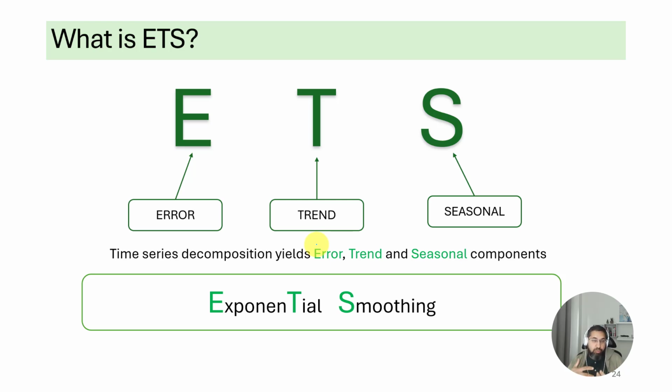ETS gives us some output that exponential smoothing cannot give us. Basically, exponential smoothing just gives us point forecasts, and ETS is able to give us prediction intervals. So remember I showed you a slide in part 1 of the lecture about the usefulness of prediction intervals, because point forecasts are almost always wrong. The actual value will be above or below the point forecast. And so exponential smoothing was limited. It could only give us point forecasts, but with ETS methods, we can get the prediction interval around the point forecast. So they're essentially the same thing, with ETS being the upgraded version, which gives you the estimation prediction intervals as well.